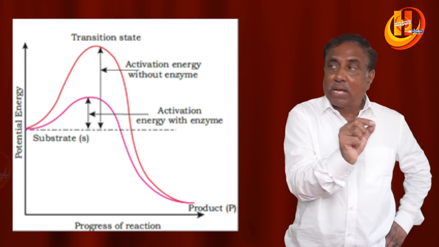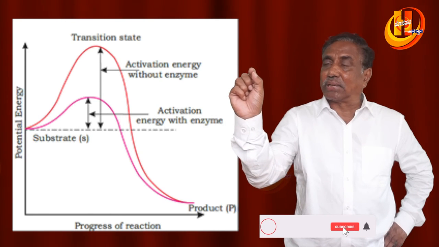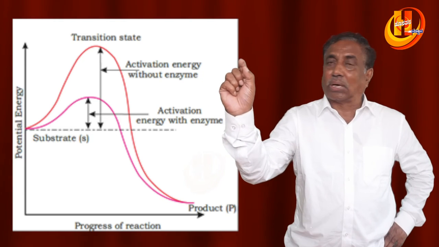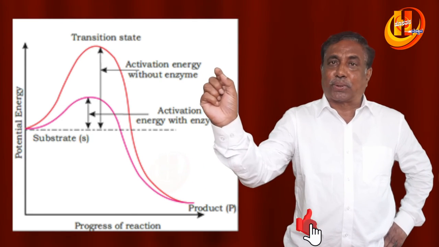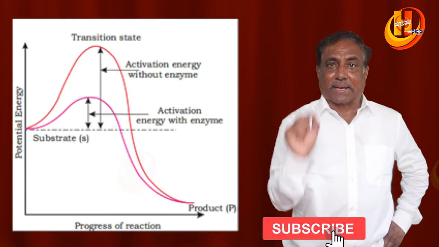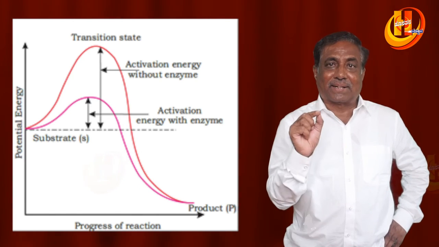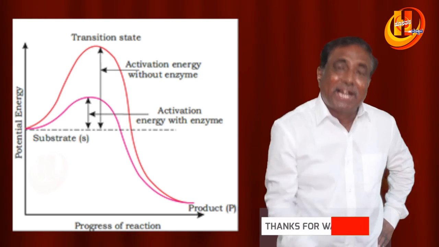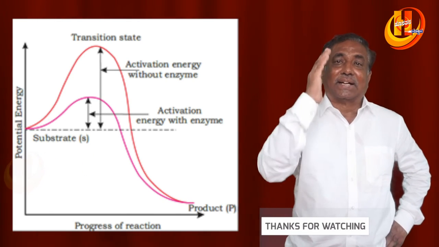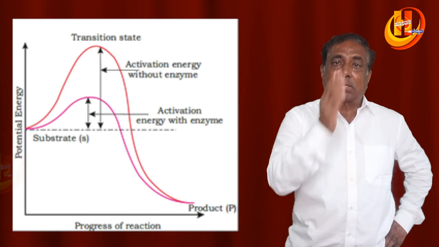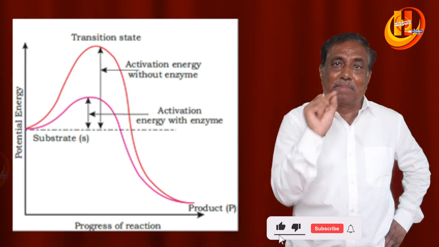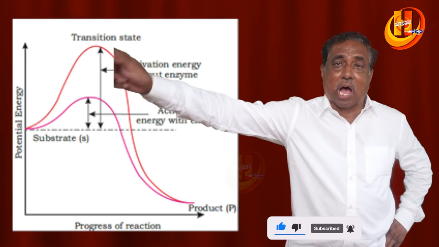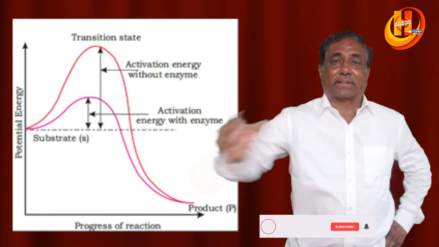So malonate competes with the succinate and doesn't allow the succinate to bind with the succinic dehydrogenase, but binds with the succinic dehydrogenase itself and inhibits its action. Thus, malonate inhibits succinic dehydrogenase as it resembles the structure of succinate. That is very important.